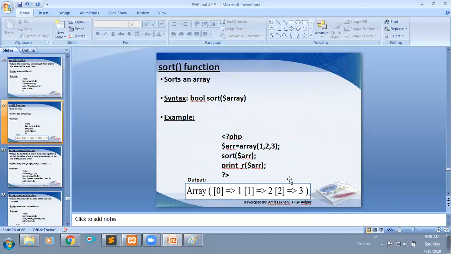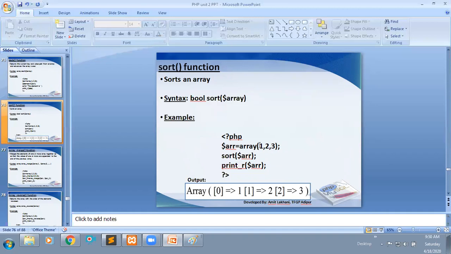Next, sort function. This is very important. Generally, mostly we use this sort function to sort array elements. For example, your array elements are not in an ordered manner. If you want to get the sorted elements, for example, here I have taken 1, 2, 3, a sorted list only.